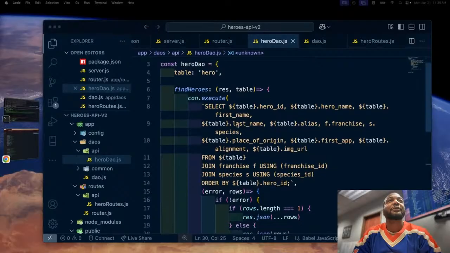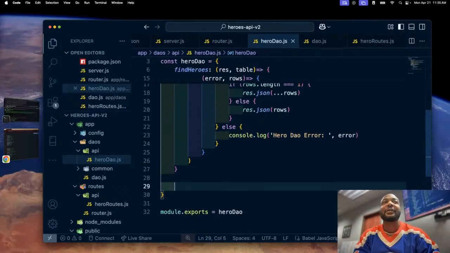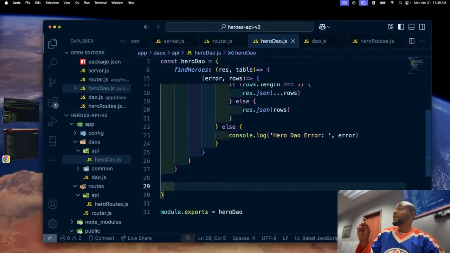This one, we want to find the heroes by ID. With this one, what we're going to do is add a little something to it. And we tried this out on the first version of this API that we did, where right now, currently,